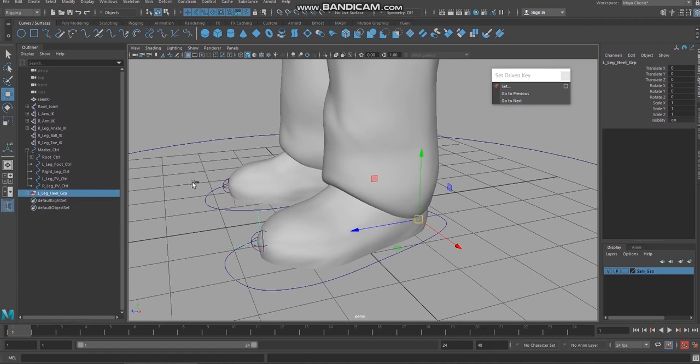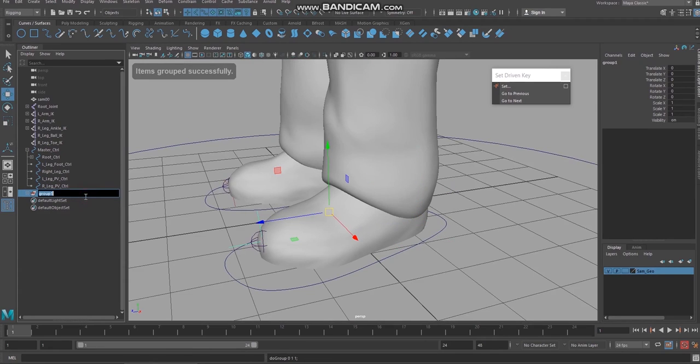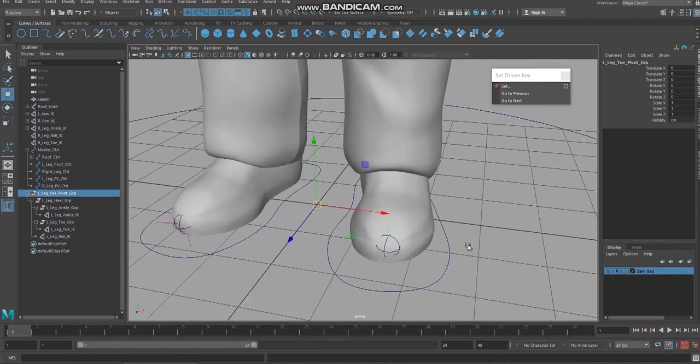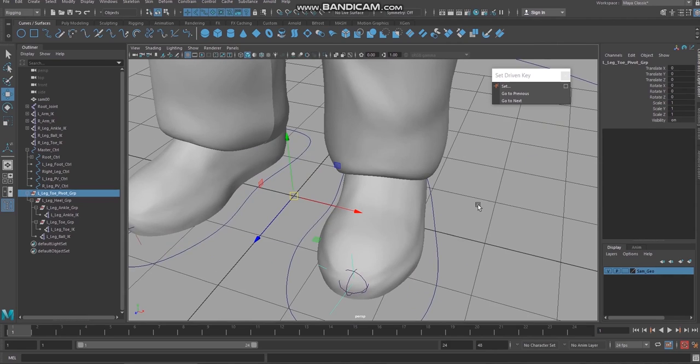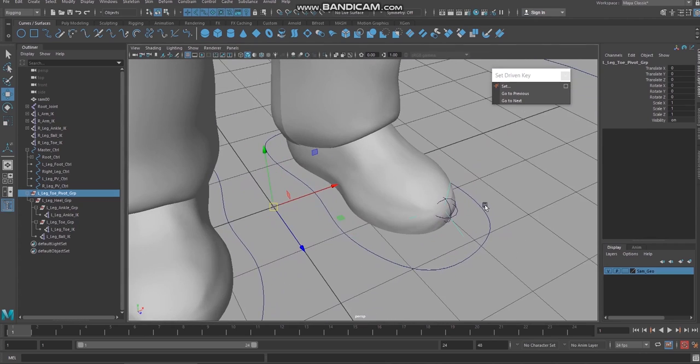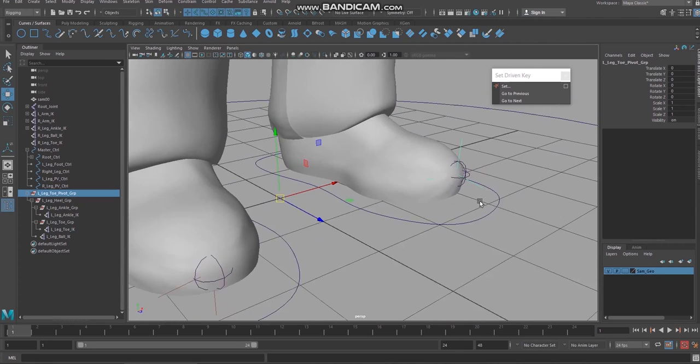Control G, give the name left leg toe pivot group, PIVOT group, left leg toe pivot group. And under that all these groups and things will be there. So I have created the left leg toe pivot group. Now I need to reposition the pivot of this group to the tip of this